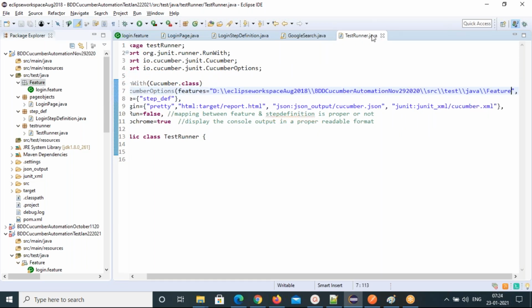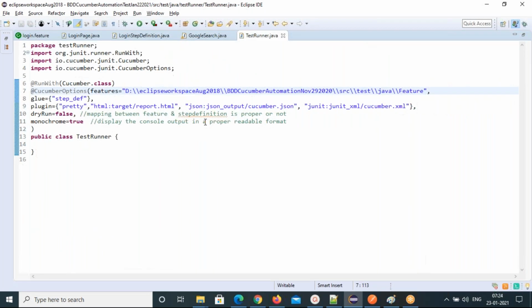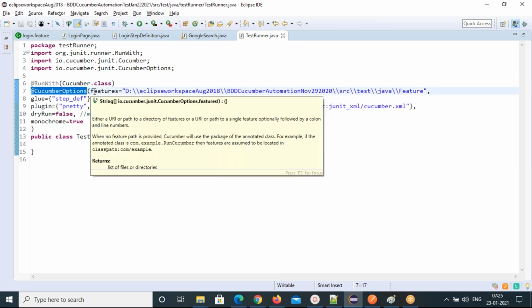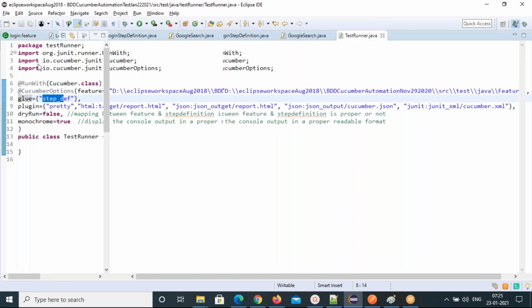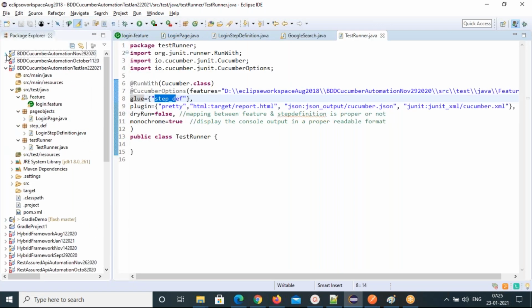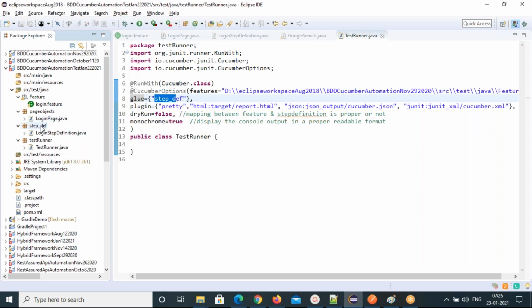Let me expand this so that you can clearly see. @RunWith Cucumber.class: from this Cucumber class, I'm asking to run your JUnit test case. @CucumberOptions, I told you, is where you set up all the properties. Features is the feature file location, then glue, step_def. This step_def is the package name.